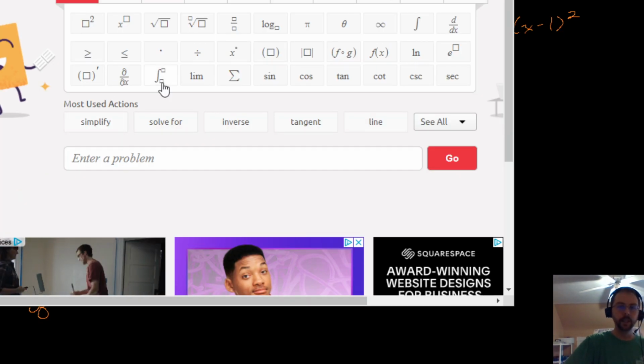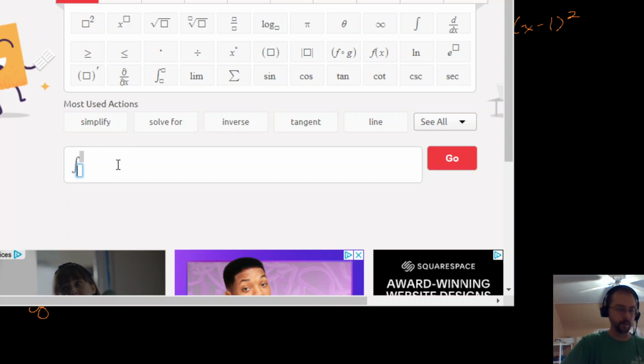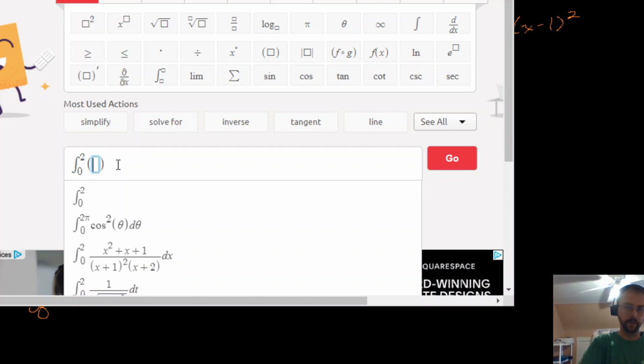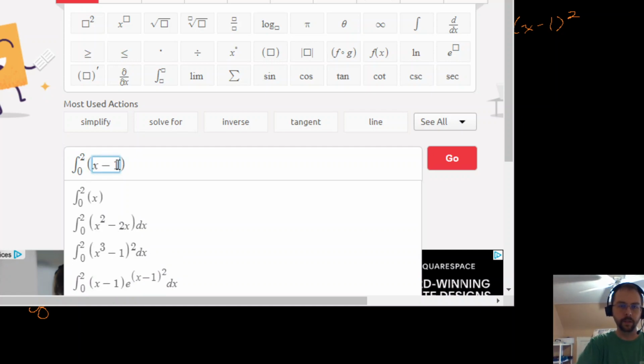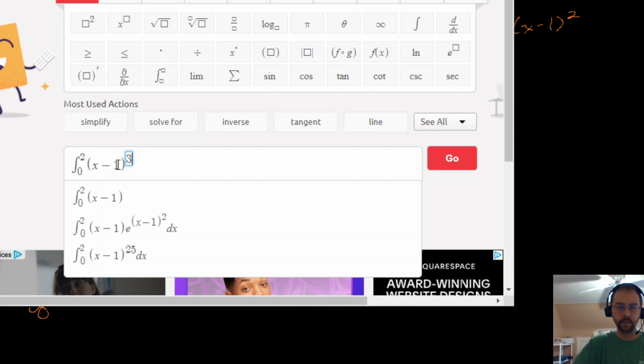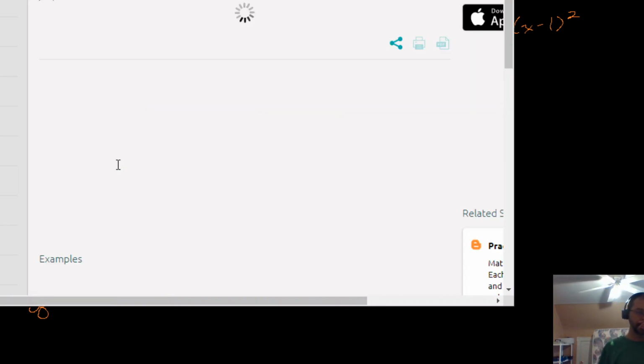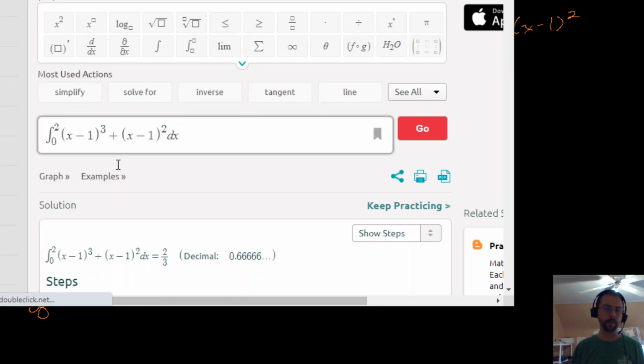Probably right about there. So we want the integral from 0 to 2 of (x minus 1) cubed plus (x minus 1) squared, dx. So the reason that I like Symbolab, and the reason that Wolfram Alpha might be better for this, is